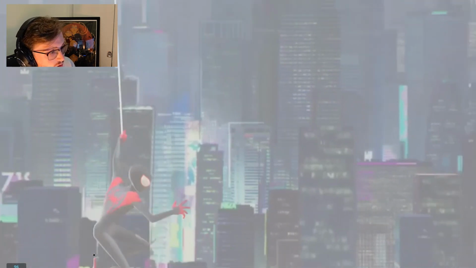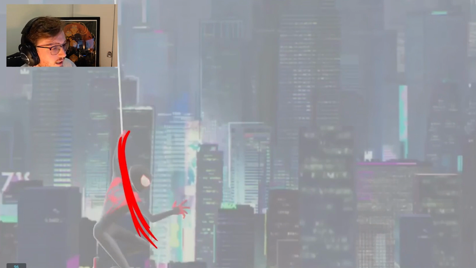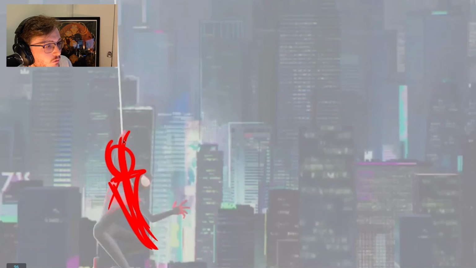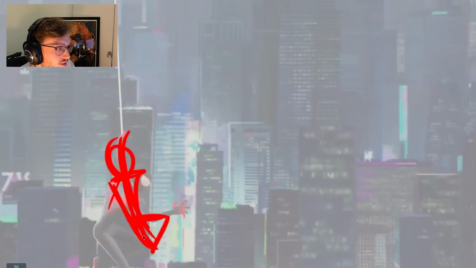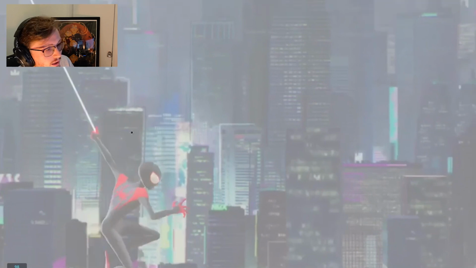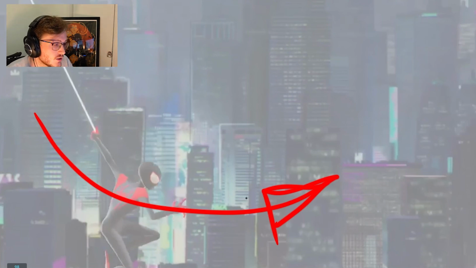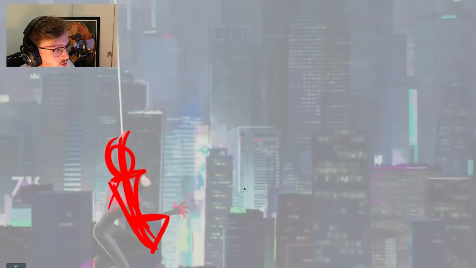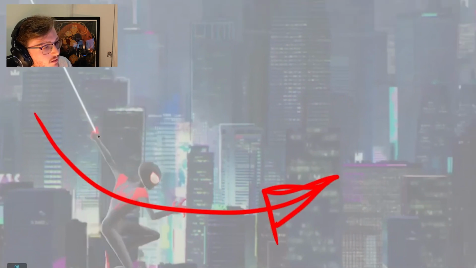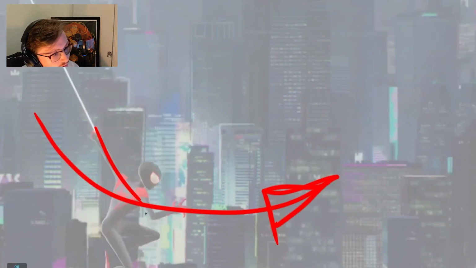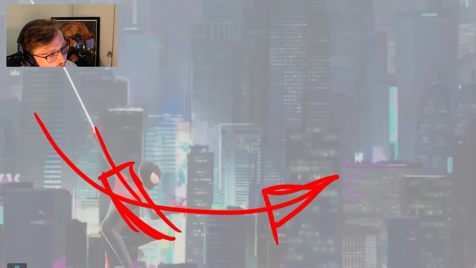And that way, when we get to this point, he would start to swing around, and you would feel that momentum pass through, like his weight would shift, so that you can feel the momentum of all of that swing is now passing through the body instead. Because you can see here, as he lets go, as he swings round, I don't really feel like the momentum of him passing through the web has a continuation. It doesn't feel like it follows through the action on Miles. It kind of sticks. So I would have been inclined here to keep the body momentum going around a bit more.